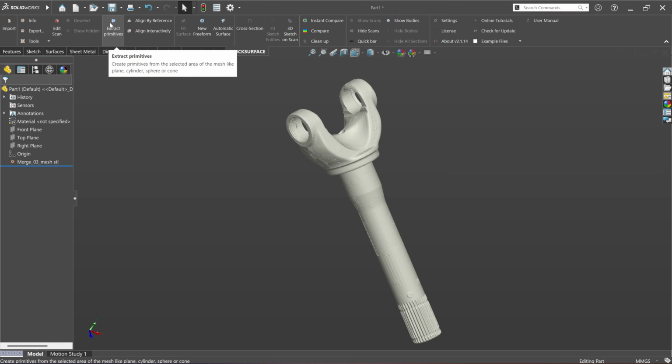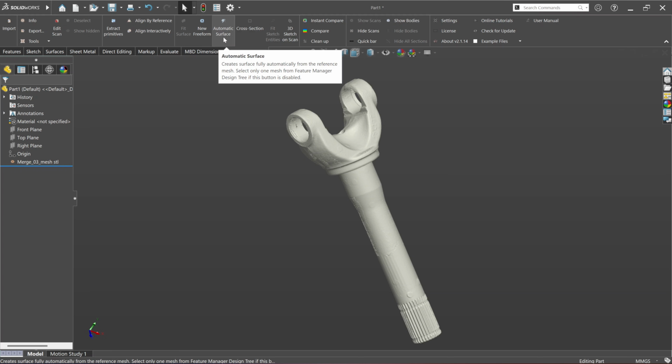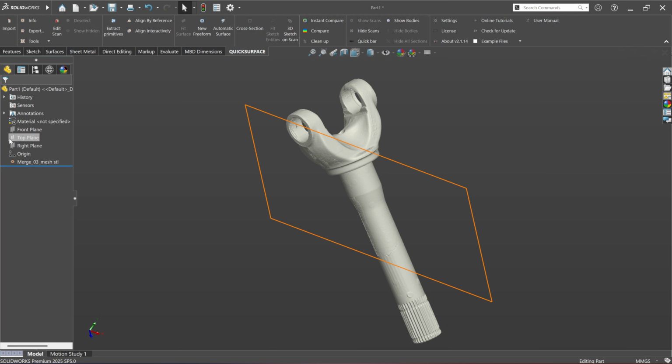So we can edit scan data, we can extract primitives, we can reposition our scan data to a coordinate system, we can fit surfaces, we can do some automatic surfacing, create freeform surfaces,